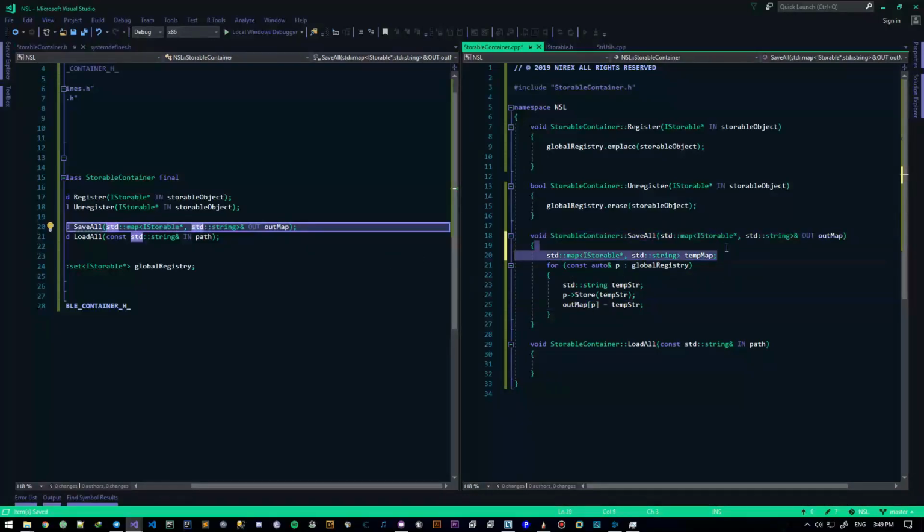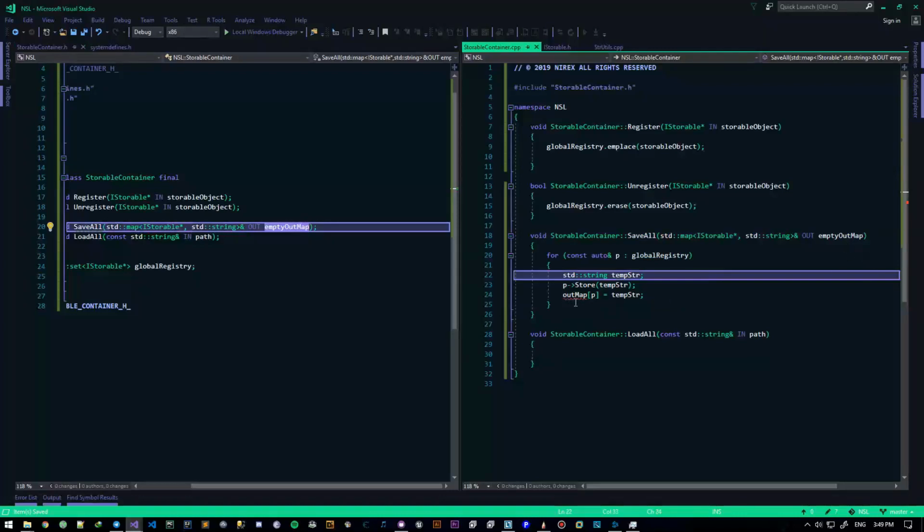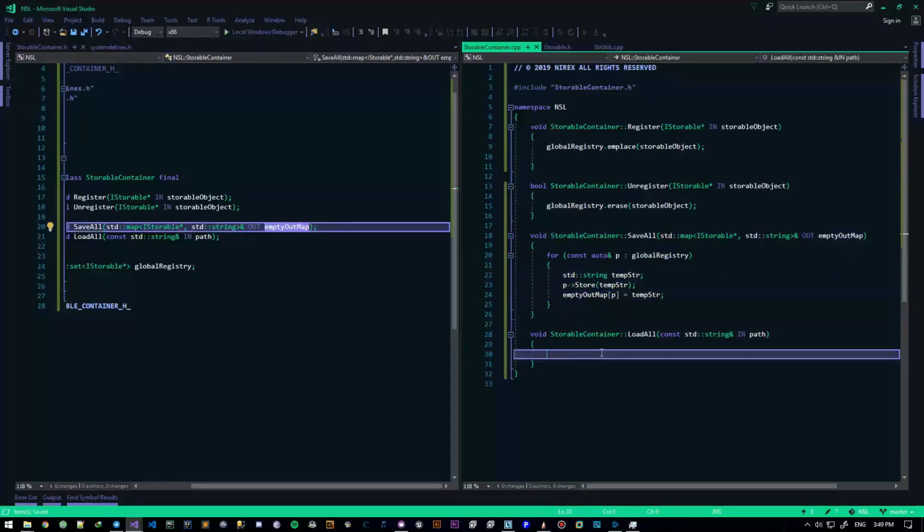All right. It is also suggested that it is an empty map, so empty out map. Just make it empty. Okay, all good. Now we need to do the load all function. So how do you do that? Again, for all of these guys in Global Registry,